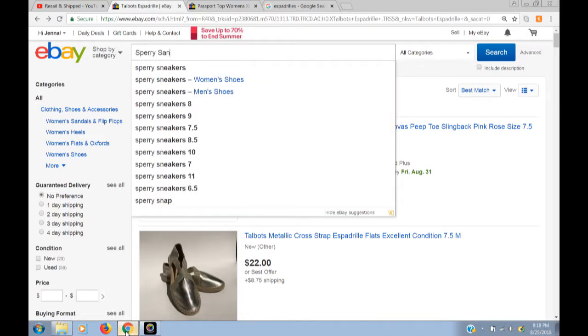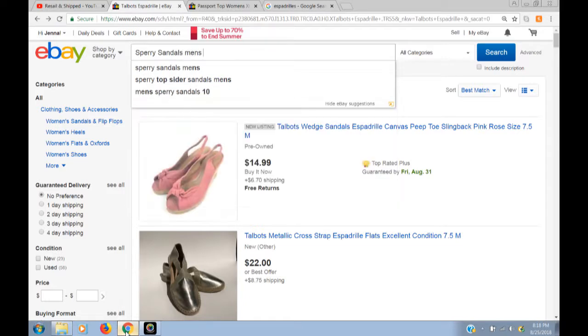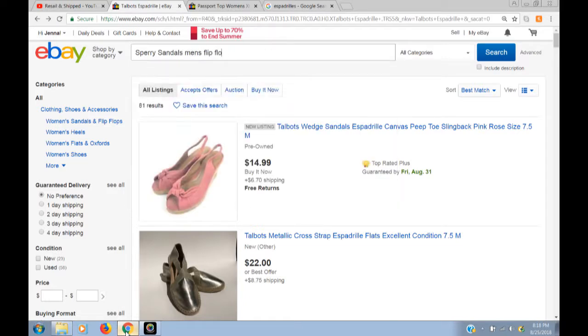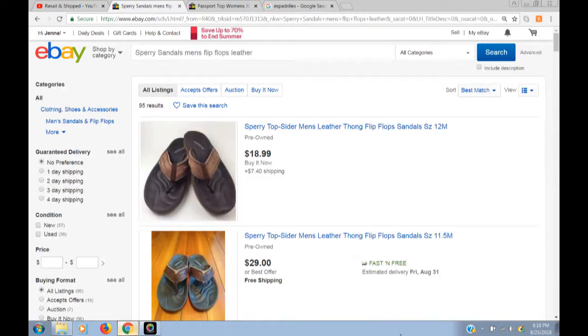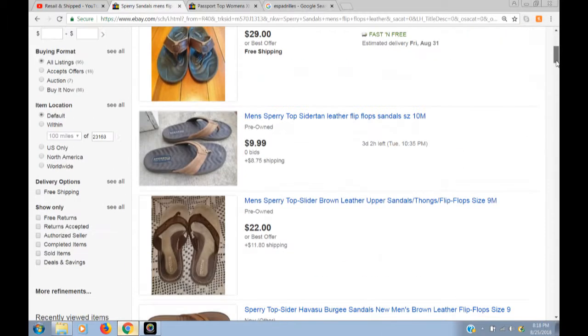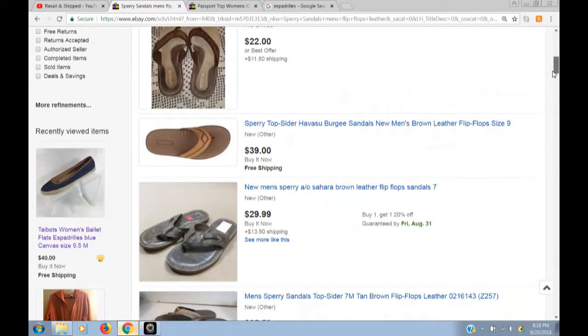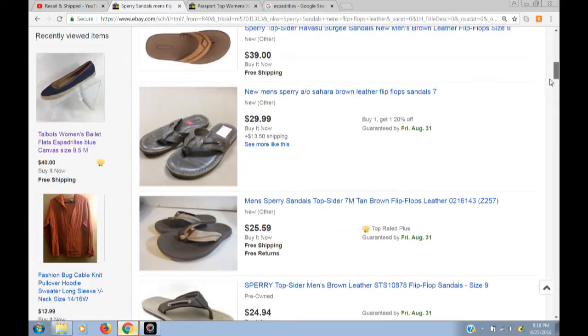Fairy sandals, men's flip-flops, leather. And I'm not going to save the whole listing and things like I did before. I'm just going to do sell similar, and then